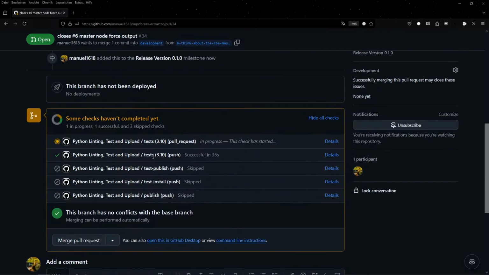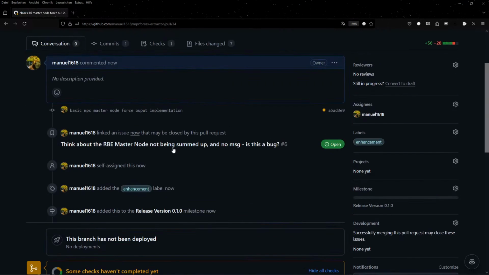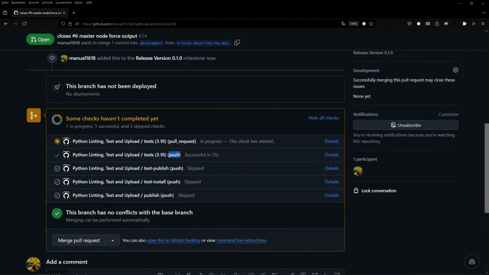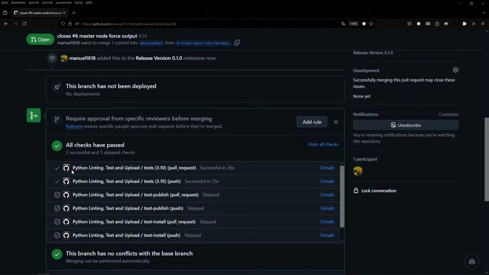You have something like tests with the pull request, and you have tests with push. Not sure why it does the pull request and the push separately. But basically what this is doing is conducting the same GitHub action, and the GitHub action is conducting several instances of it, but not all are being conducted because some of them,